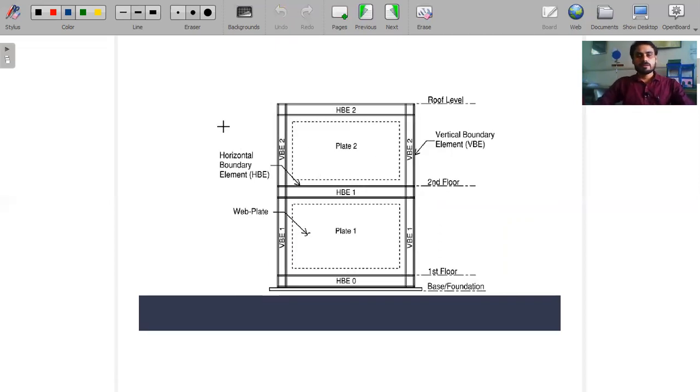And if we construct a shear wall in a framed pattern, here is a horizontal boundary element and a vertical boundary element. That means a framed structure is constructed and plates or panels are placed inside the frame. The main load carrying skeleton will be these horizontal and vertical boundary elements. The external load will be distributed by these frames, not by the panels. We can construct the shear wall in any pattern; it depends on the magnitude of load, locality, and how earthquake-prone the area is. Various parameters decide the type and category of shear wall.